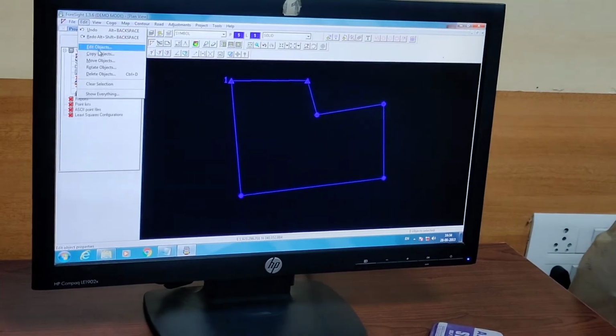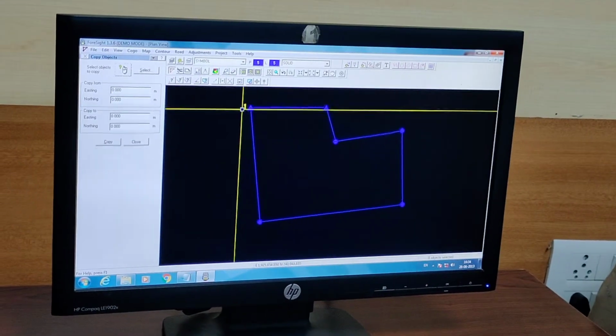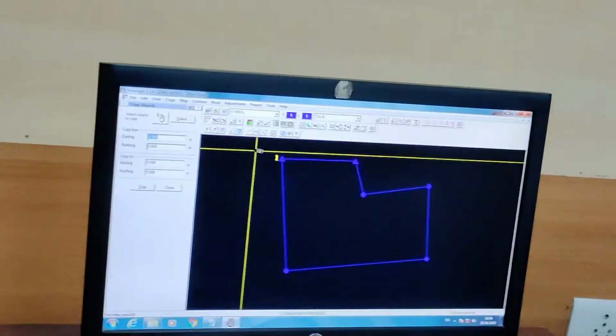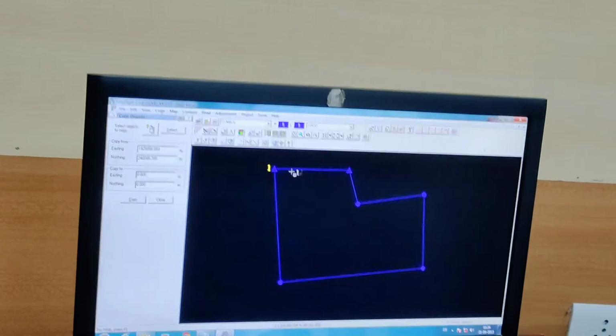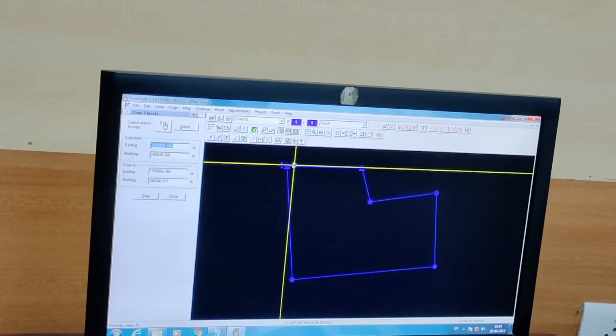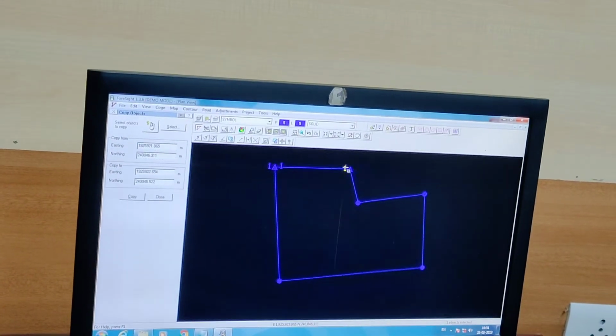Edit. Copy object. First select the object. Then copy from here to here. From here to here.